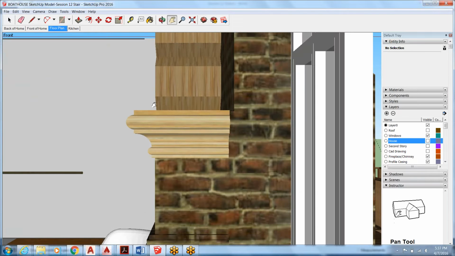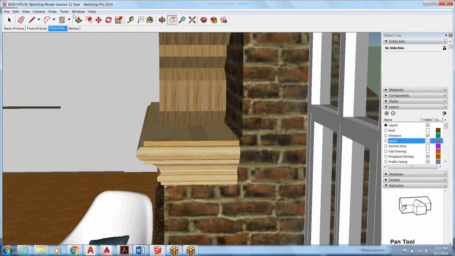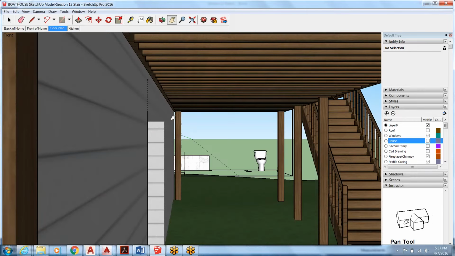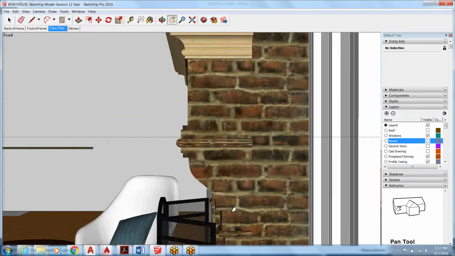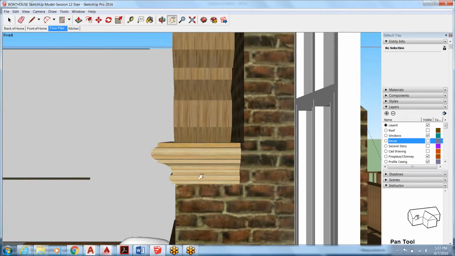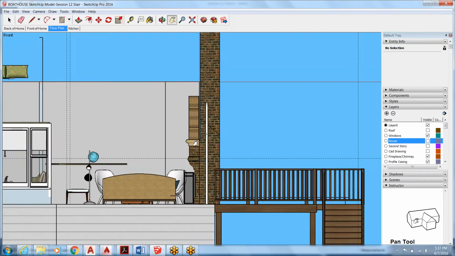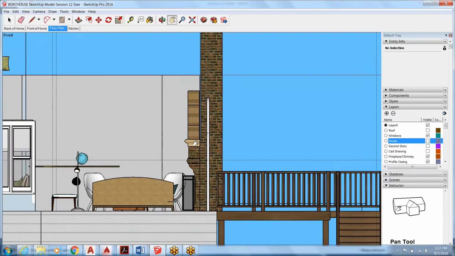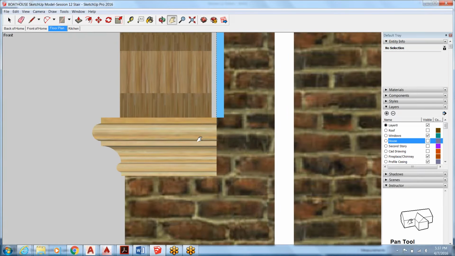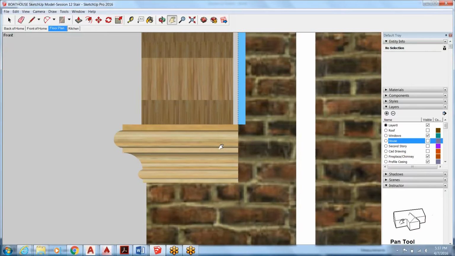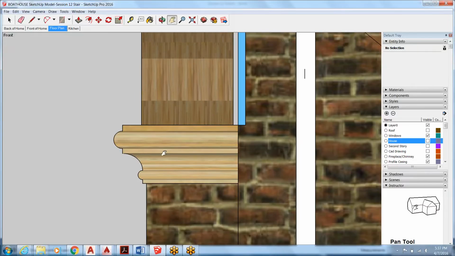So let's pretend it was off, and I'm still kind of cattywampus. I'll come into my standard views and again pick front and find where I'm at in my drawing. It threw me under the deck, and then camera, parallel projection. Now you can zoom forward and backwards. You can pan with the hand, but you cannot orbit after you have chosen your standard view and parallel projection,